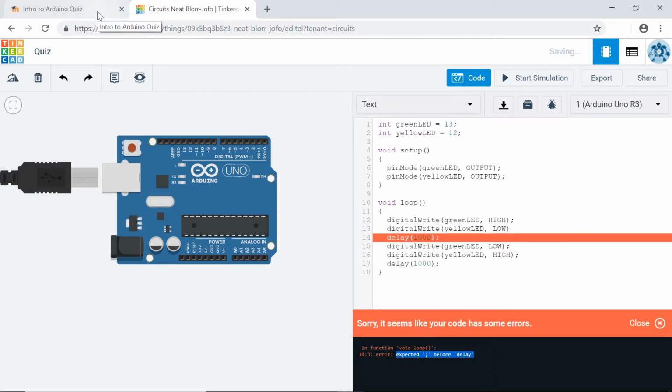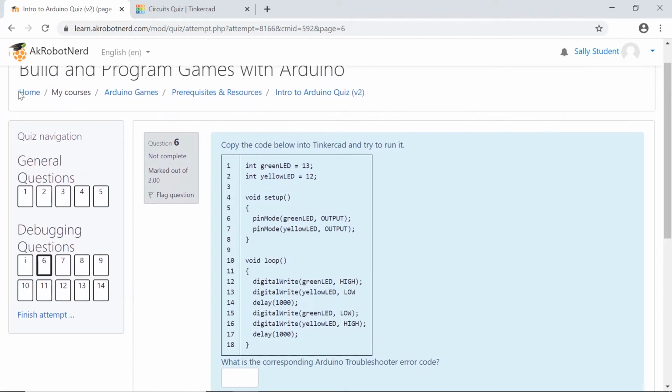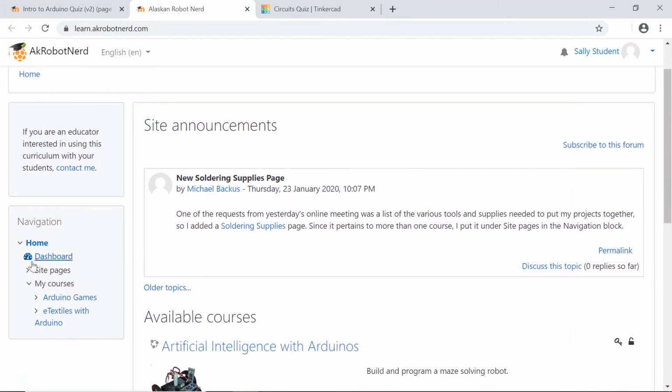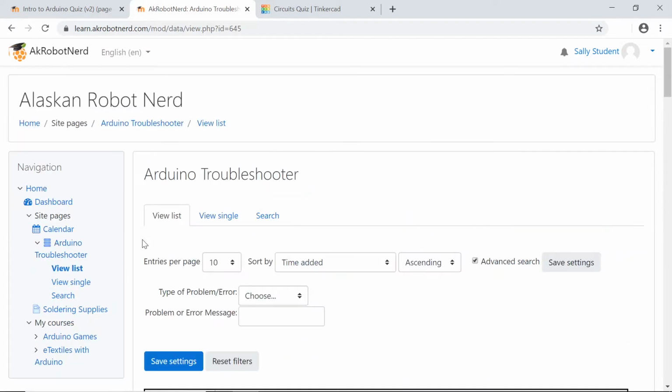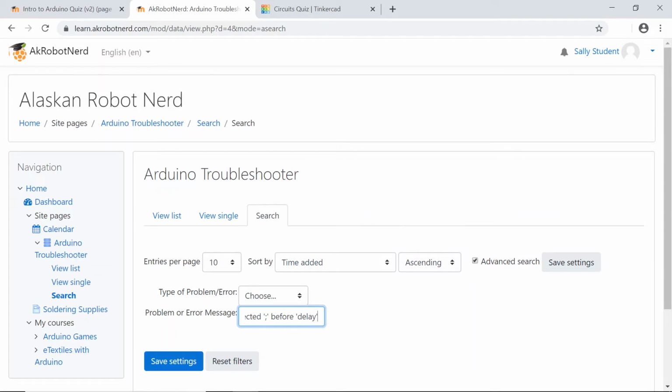Then I'm going to go back to my quiz. Once you have your error message, scroll up just a little bit, and then you can right click on Home and open link in a new tab. That allows us to get to the home page where we can open the site pages, and within there you will see a link to the Arduino Troubleshooter database. Go ahead and open that and then click on Search. I'm going to search for our error message by pasting it into the problem or error message box here, and then I'm going to hit the enter key